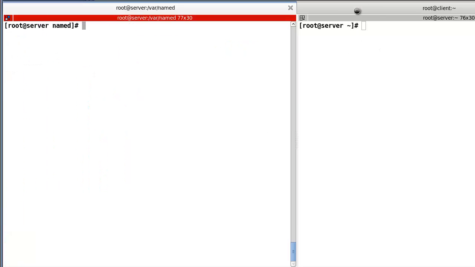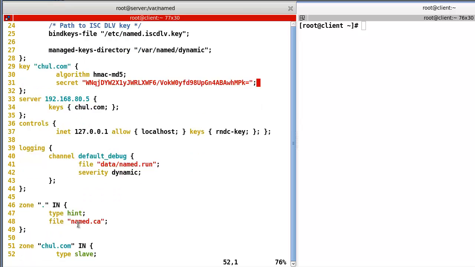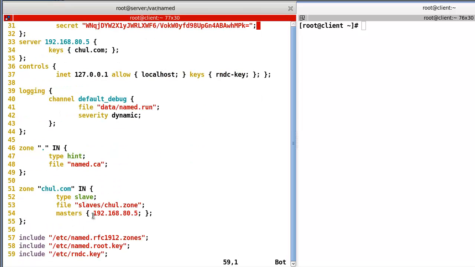Okay, now the client already has this key, so no problem to receive. Okay, the master is 80.5